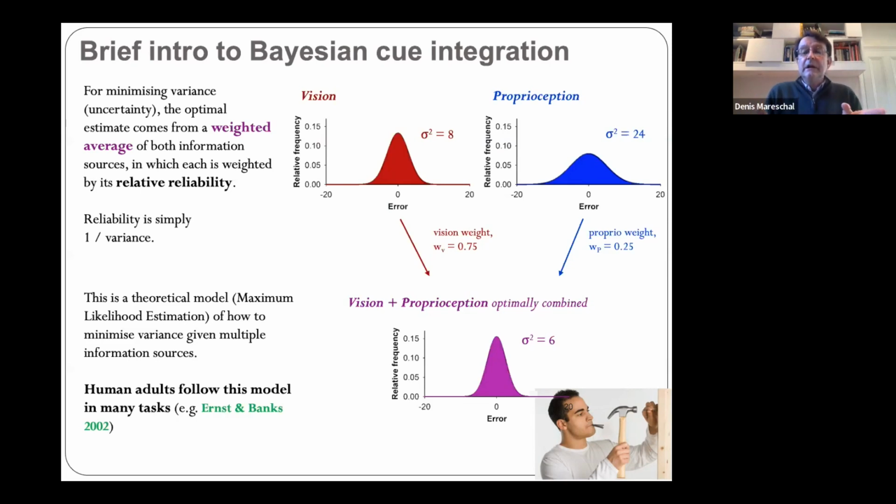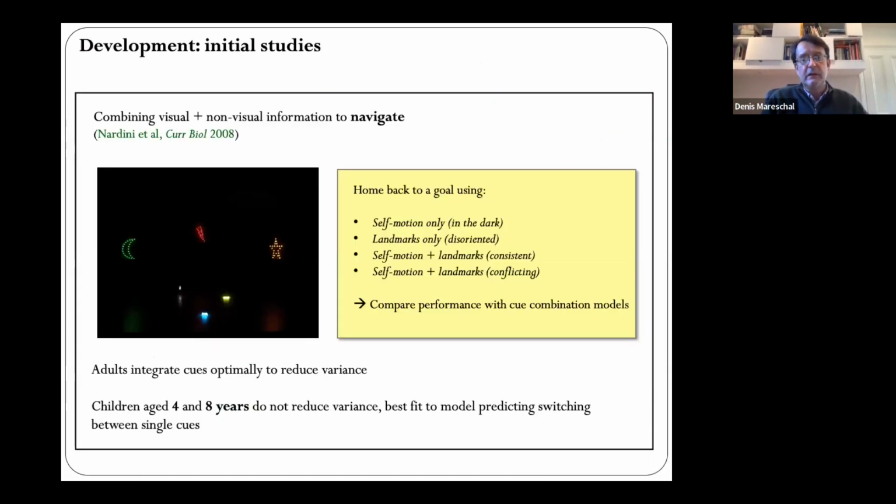But nevertheless, by combining vision and proprioception, combining the two cues, you can get an estimate which is better than the best cue. So the combined estimate in purple is better than the best single cue, which was vision. So this is what Bayesian optimal cue integration is. And adults do this in a lot of different domains. And there's a little bit of prior work with